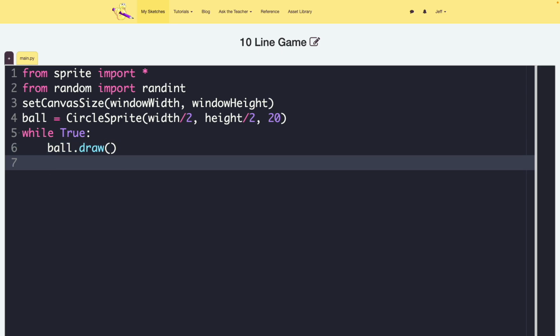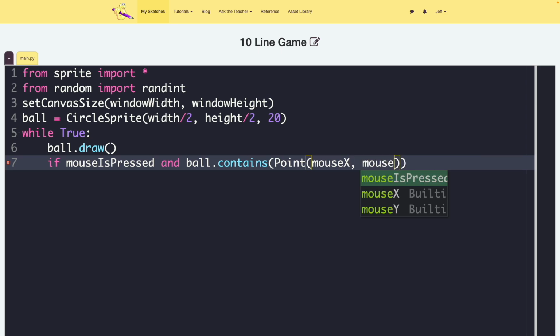Okay, now I need to check if I am clicking where that ball is. So I'm going to say if mouse is pressed, so this checks whether I'm clicking on the mouse. If mouse is pressed and the ball contains the point where the mouse is, and I can create a new point at mouse X and mouse Y, which are two variables which track the location of the mouse. So if that's true, if I am pressing the mouse button and that mouse position is contained within the ball,